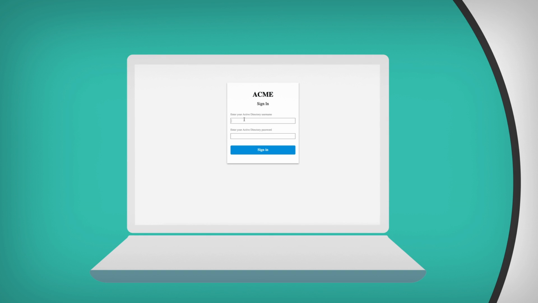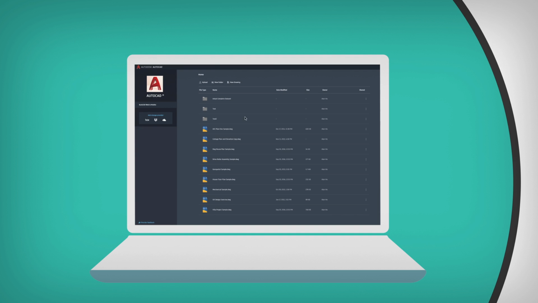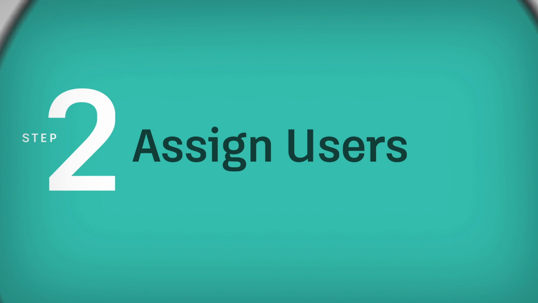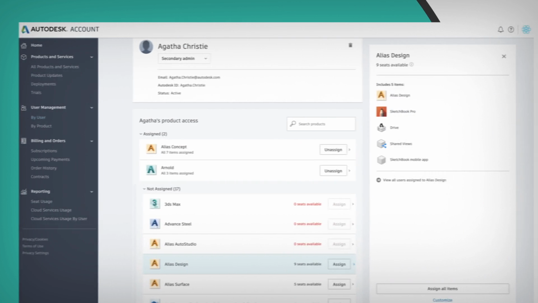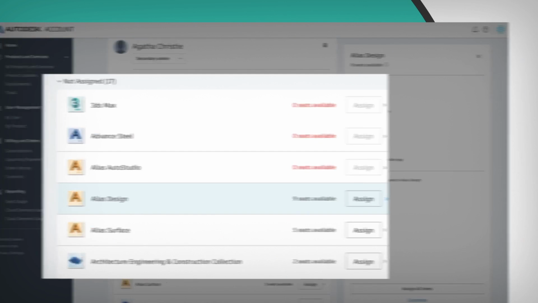The premium plan offers single sign-on using company credentials. After initial sign-in, users get access to all Autodesk products they are assigned to and are automatically added to your user list. 2. Assign those users to your subscriptions one at a time, or import a file to